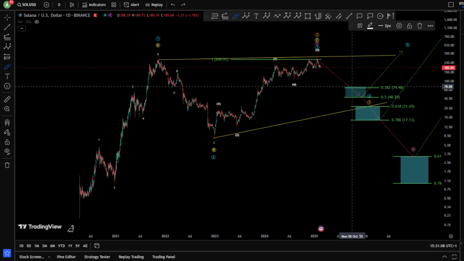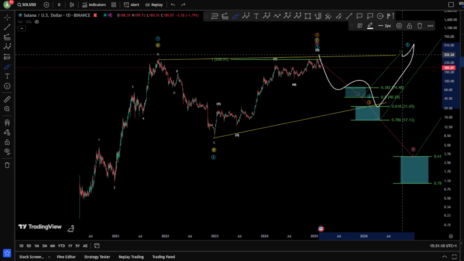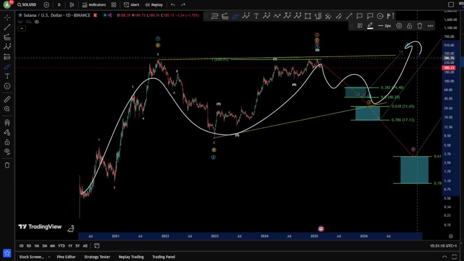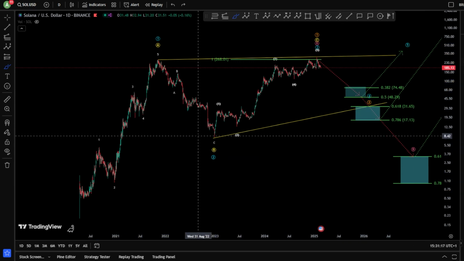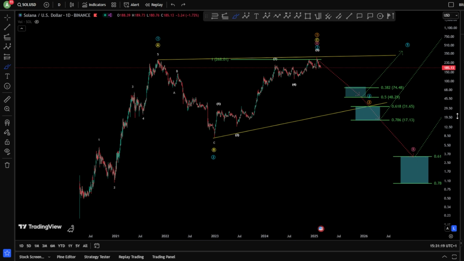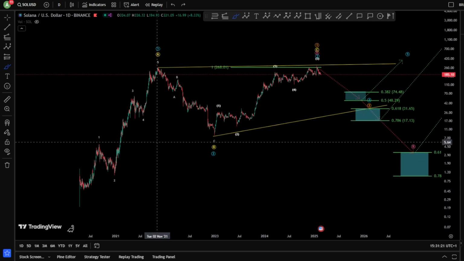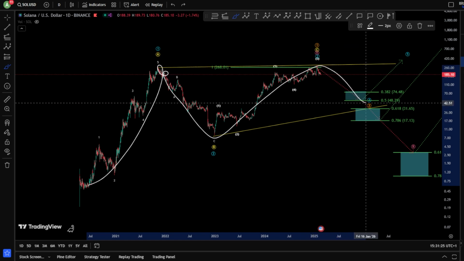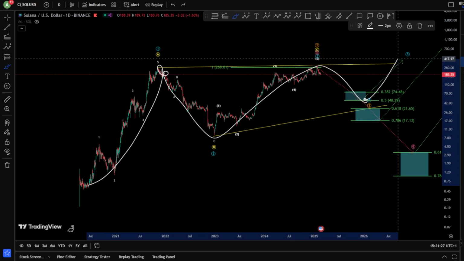In case you have finished a very shallow wave 3, you would like of course to look for higher. After 3 waves up, 3 waves down, continuation for a wave C toward the upside. In case you are in the blue count here, you are in a leading contracting diagonal where you have finished 1 and then 2 and then 3, and then you're looking for a wave 4 and a wave 5 toward